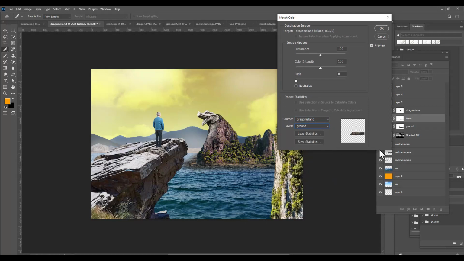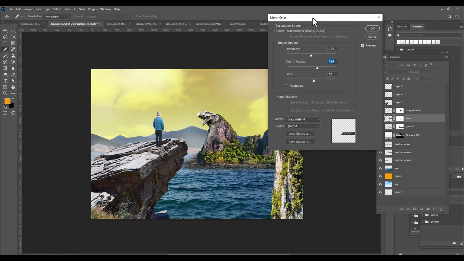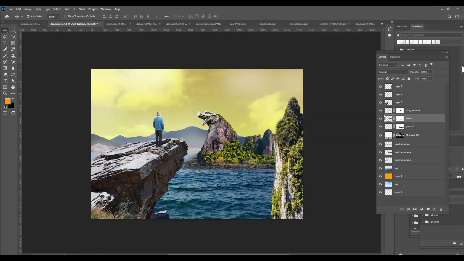So we can see immediately our island has acquired the ground color, but we will reduce the matching effect by increasing the fade amount. So this much is better, right? And we can also increase the color intensity if we want a little bit greenish color on the island. Right, this much is okay. We have matched the